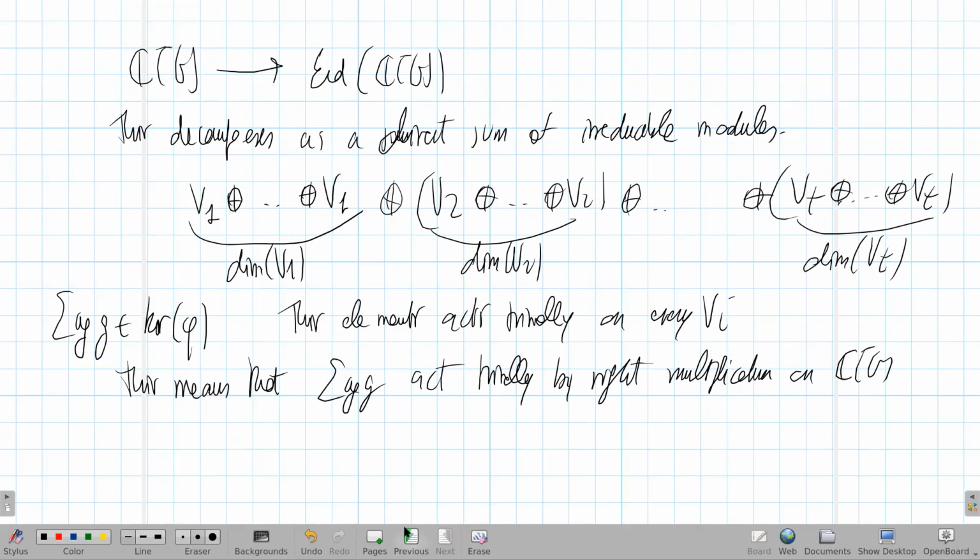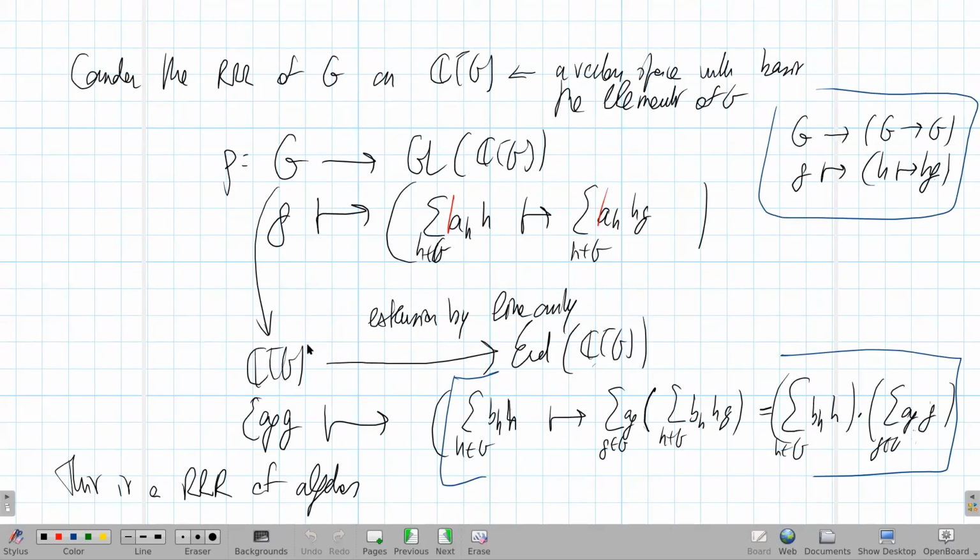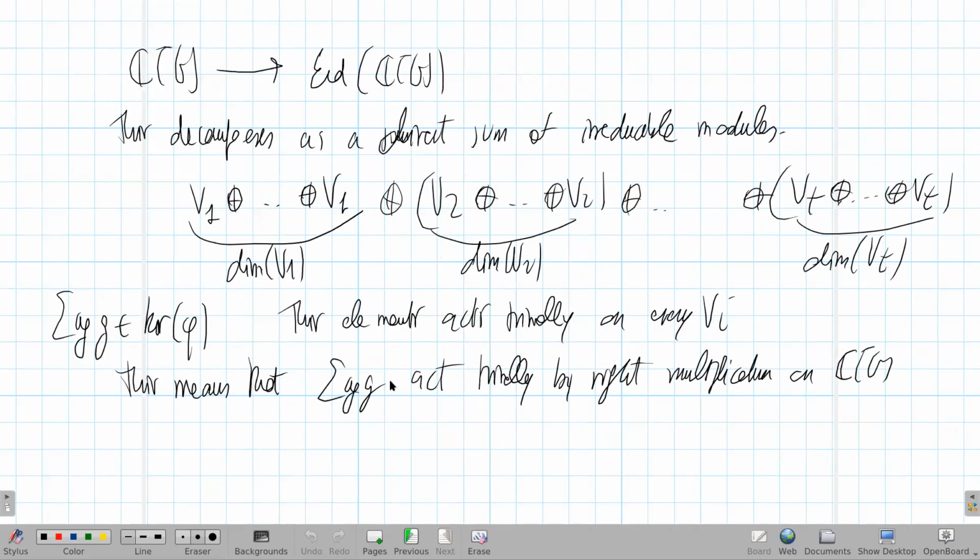Because, let's come back. So the action of CG on itself as endomorphisms is by right multiplication, okay? Take an element of CG and multiply on the right by this. But we have seen that this representation decomposes as a sum of the irreducible ones with certain multiplicity, but this element acts trivially on each VI, and so it acts trivially by multiplication on CG. Is this possible? Well, of course it's possible, but note, in particular,